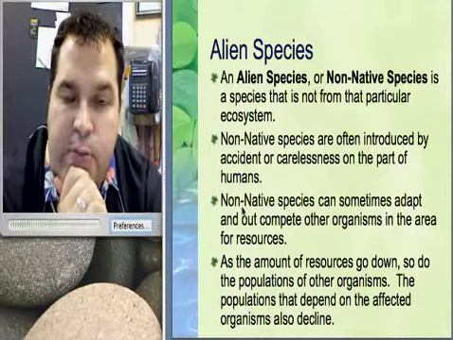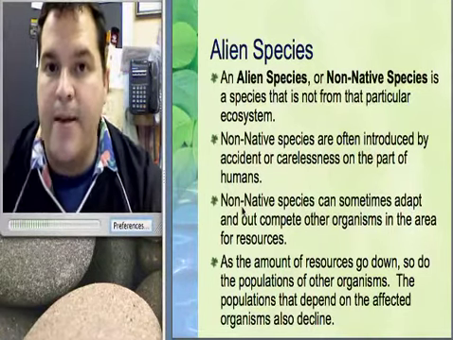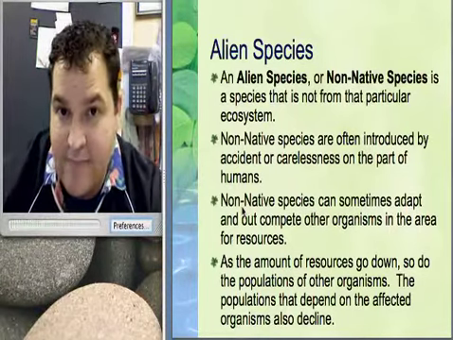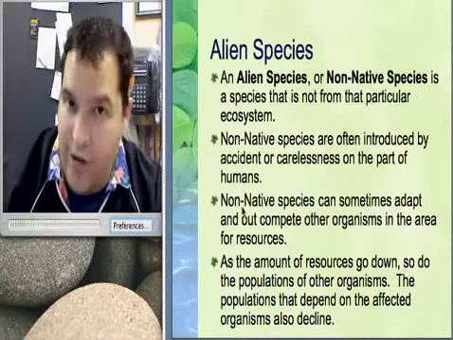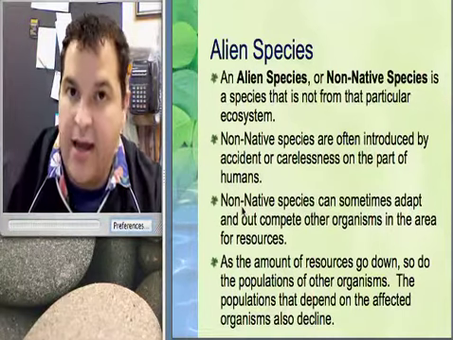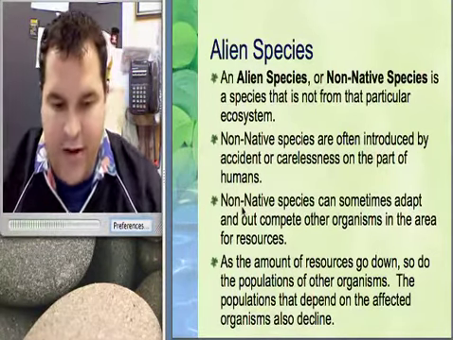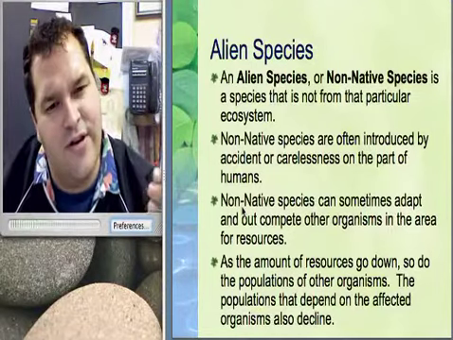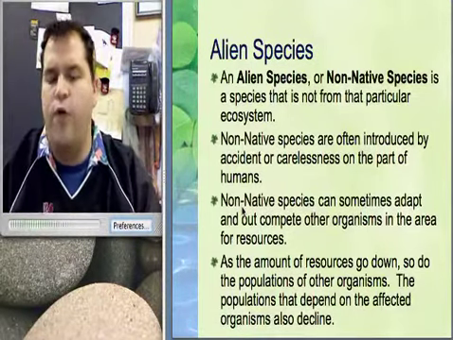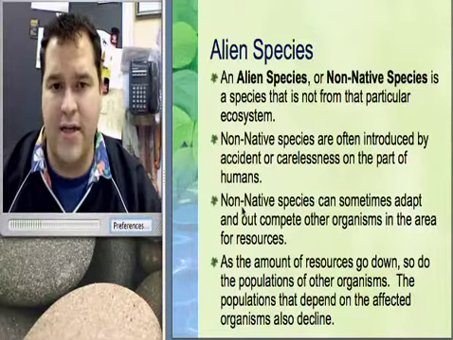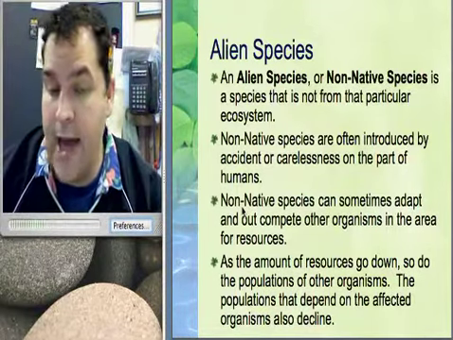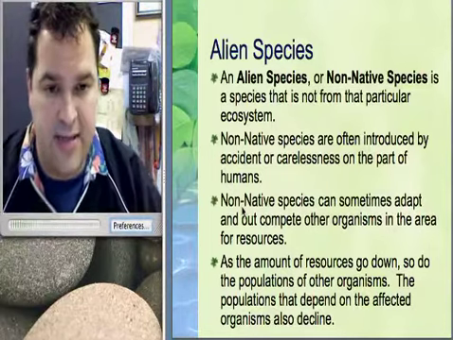But a non-native species can come into an environment and be better adapted at competing in that environment. So that means that it could outcompete the things that naturally live there. And that's often the case because if I'm in an environment, my environment's balanced, I have this sort of flow, so I really don't have to compete that much for my resources. Well, if a new player comes in and he's very competitive, then I'm going to have to step up my game. And if I can't step up my game, then I'm certainly in danger of being extinct.